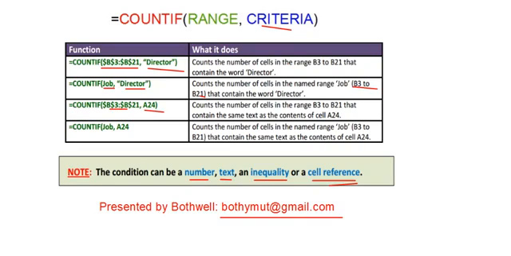There's something missing here. Closing parenthesis here. In this case, we are now using a named range for our range, and then for our criteria, we are also using a cell reference. So basically, at the end of the day, this one will count the number of cells in a named range that contains the same text as the contents of cell